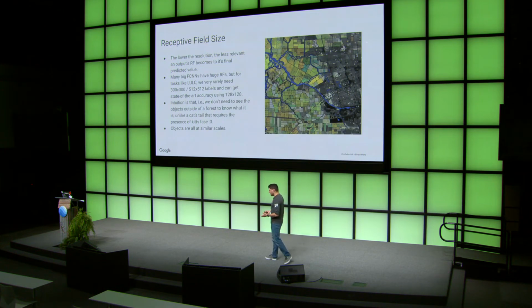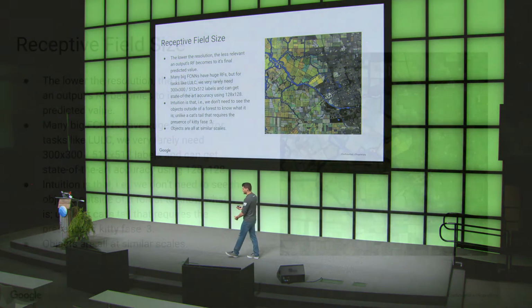So another thing, this is kind of related to anecdotal experiments that we've done, but we also have to consider how the data changes when we go from camera imagery, where a lot of these models are developed, to remote sensing imagery, right? So the first consideration, which is a really nice one, is that objects generally tend to be at the same scale, right?